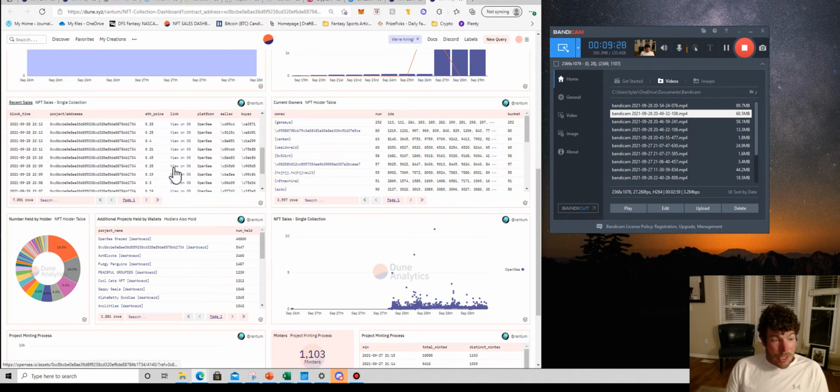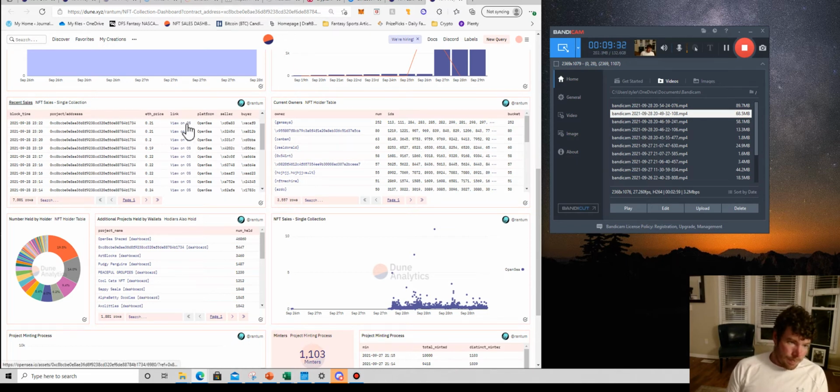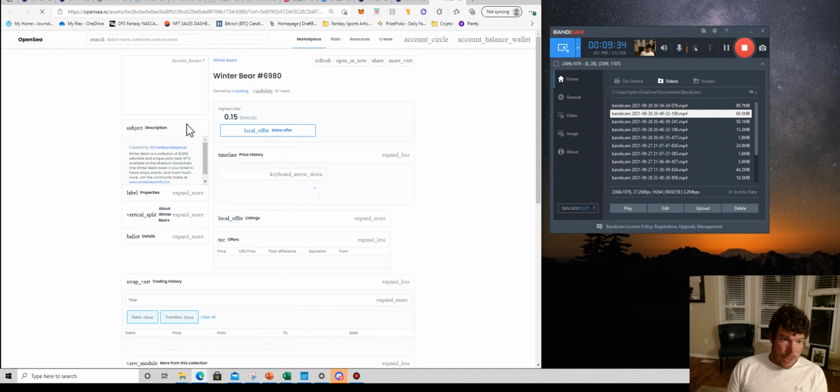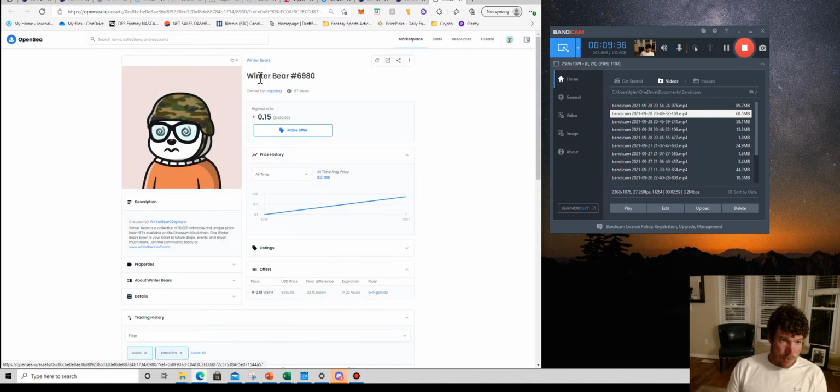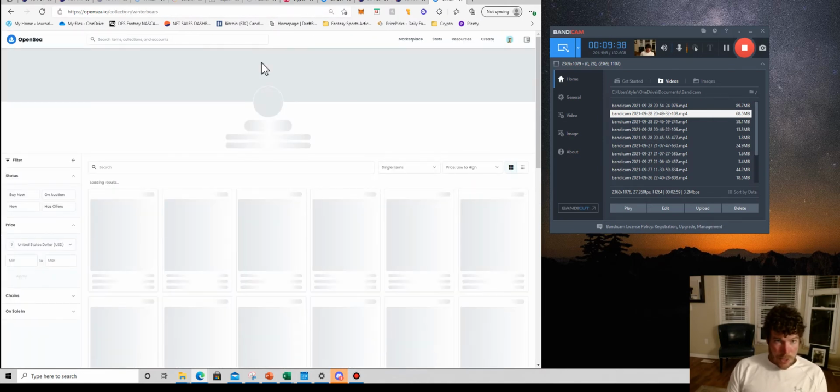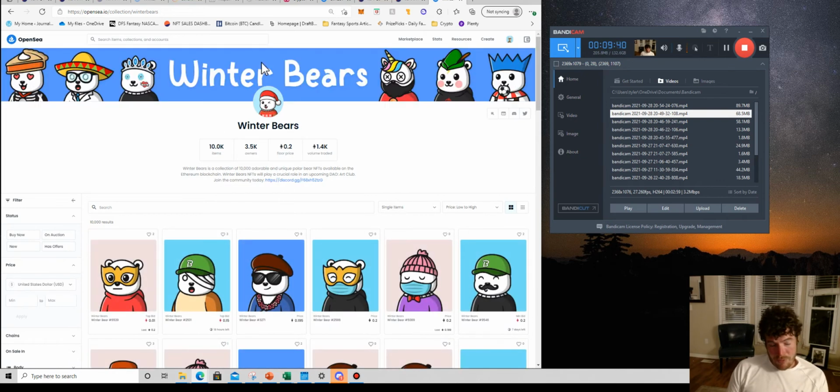If I want to know what project it is, because it still hasn't told me, I just click the link real quick in View OpenSea, and it's Winter Bears, right? So now I know. Unique wallets. If I'm comfortable,